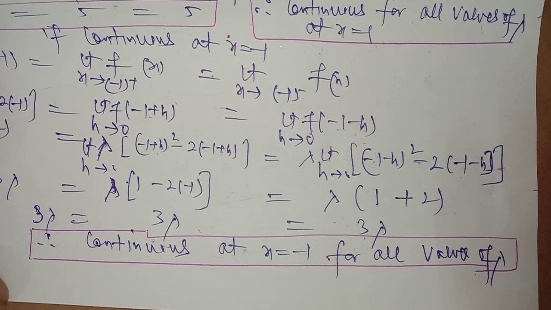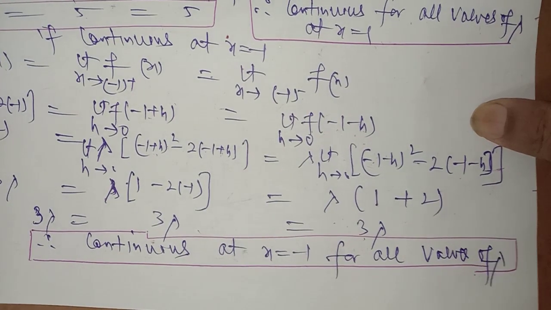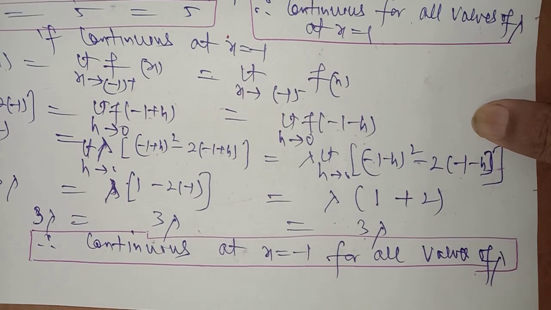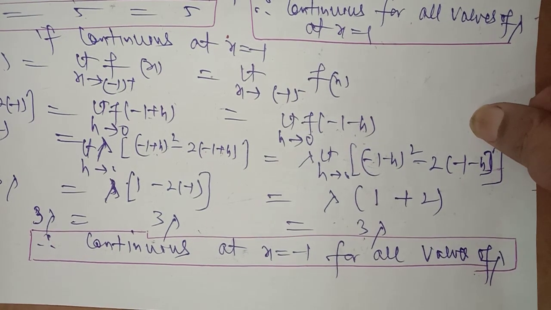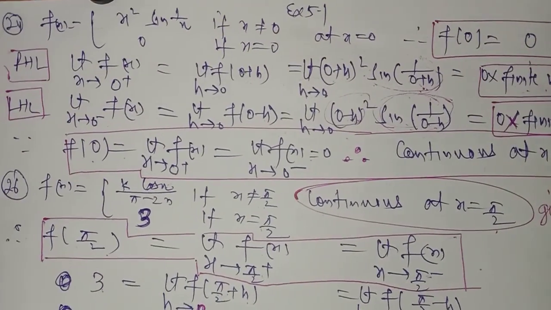Therefore, we can say that if it is continuous at x equal to minus 1, it is continuous for all values of lambda. So this is the condition for the continuity of the function. It is given that it is continuous, so we can put them equal to each other. Now, similarly in question number 24,